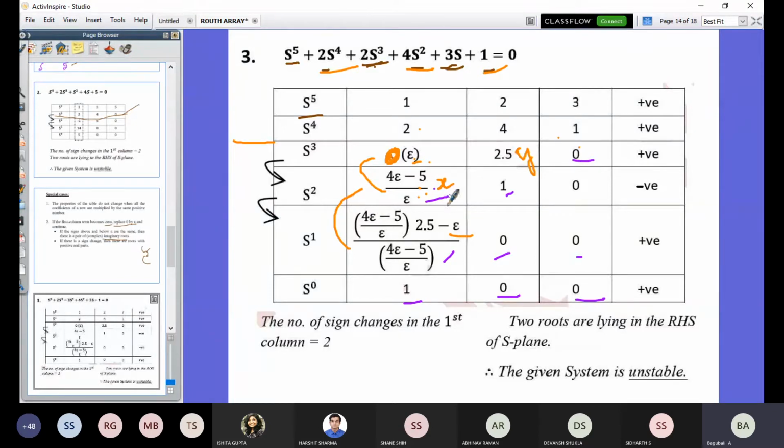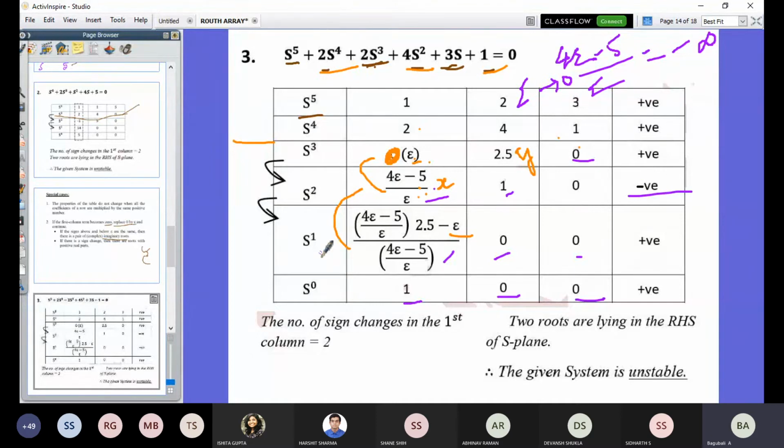Now you can see the sign changes. Before entering into the sign changes, I want to tell you, we replaced that 0 with eta, so we have to consider that wherever the eta component is left. So I will consider 4 into zeta minus 5 divided by zeta. Now apply the limit zeta tends to 0. What is the answer here? 4 into 0 minus 5 divided by 0. What is the answer? Minus infinity. Very good. Here we will get minus infinity. That's why they have written the negative sign here.